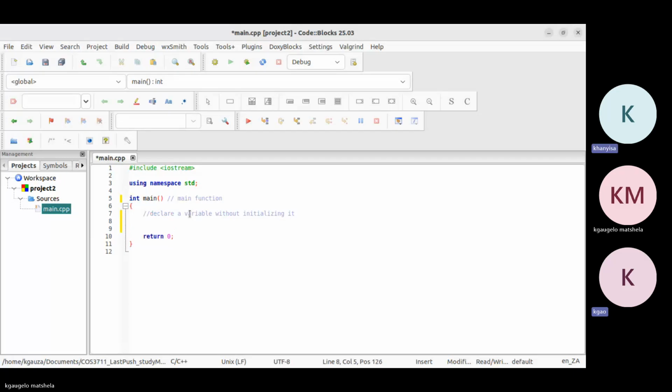Now I'm gonna say string, then I can put the name. So I did declare the variable without initializing it. String is my variable type, and name is the variable name. Now if we want to ask the user to enter the name,